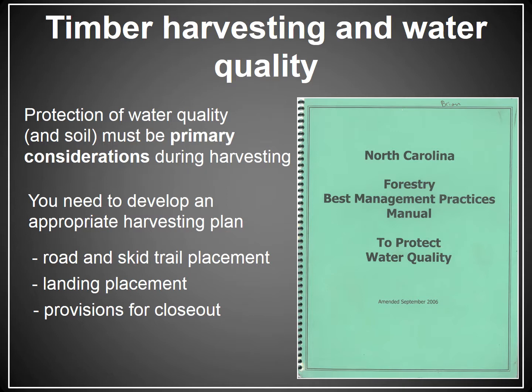The protection of water quality and soil quality is a primary concern in North Carolina during harvesting. In fact, the only regulations that actually exist in terms of forestry operations are water quality regulations. There are different states that have regulations regarding the type of silviculture that you can use, how big clear cuts can be, what type of trees and how many trees need to be left behind after harvesting. And there are no regulations like that in North Carolina. There are no silvicultural regulations, but there are water quality regulations,